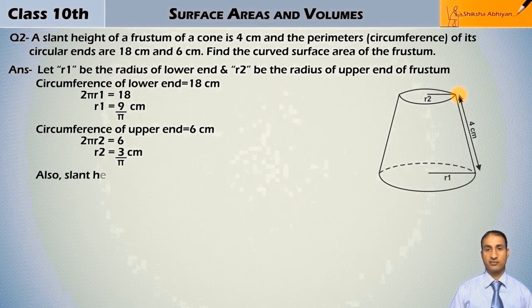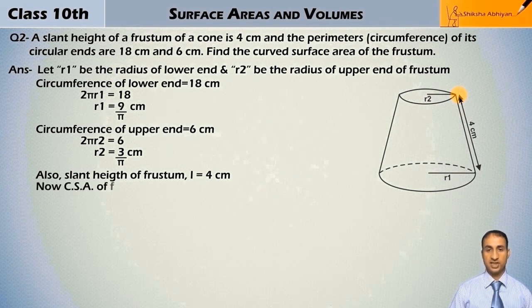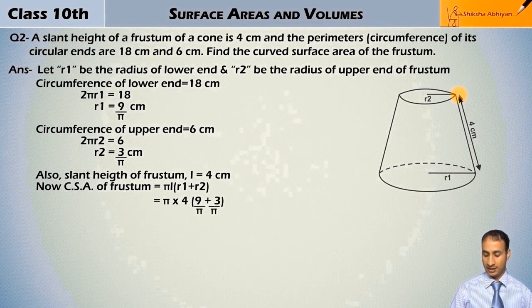Now also slant height of frustum L is equal to 4 centimeter. Now curved surface area of frustum is equal to pi L bracket R1 plus R2. Put the values of L and R1, R2 here, that is pi into 4 bracket 9 upon pi plus 3